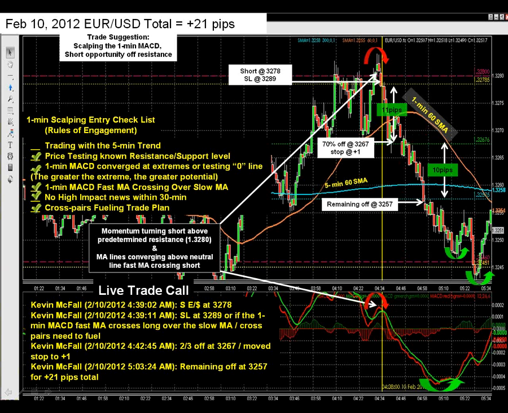Now with these MACD lines, we actually have 2 different MACD lines that give 2 different moving averages. If you're familiar with the moving average convergence divergence lines, you know that there is a slow moving average and a fast moving average. So this red line is our fast moving average. Sorry for the bad spelling. And then the green line is our slow moving average. Now this tells us what the momentum is within the current channel,